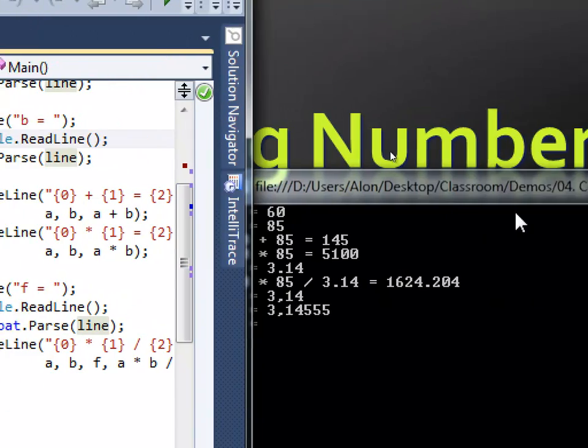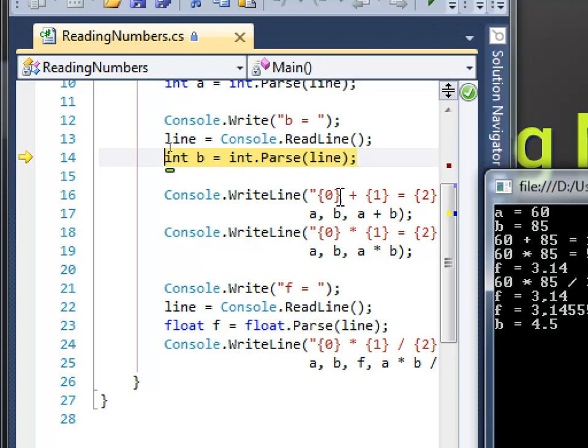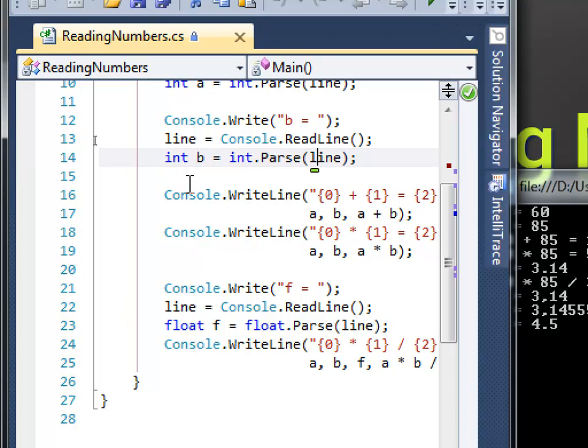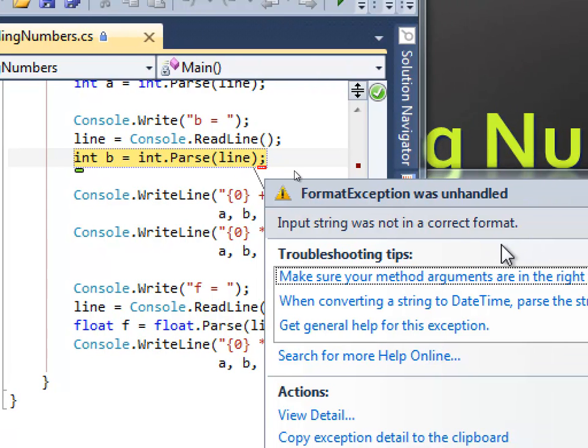Okay, let's read an integer with a floating point. It hasn't parsed yet. Now it has. However,